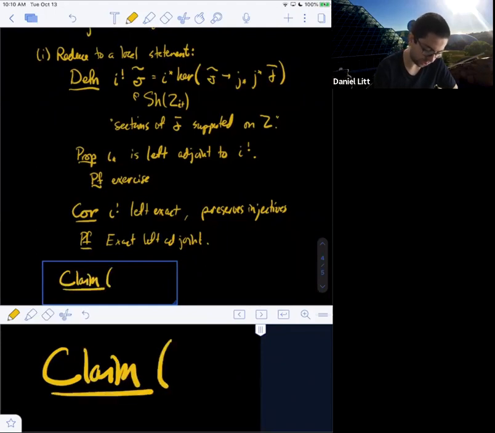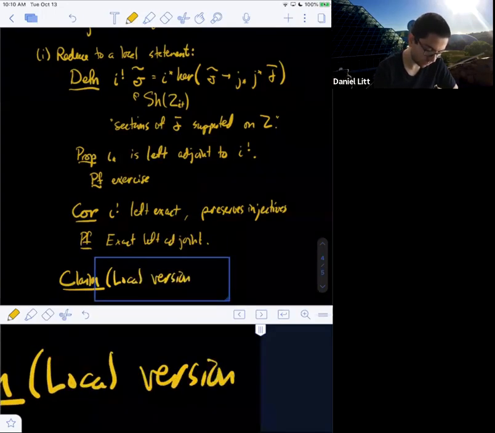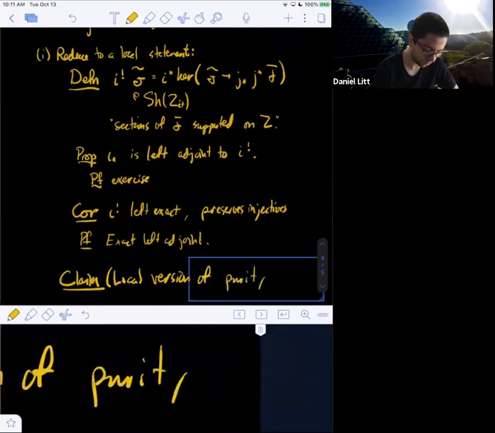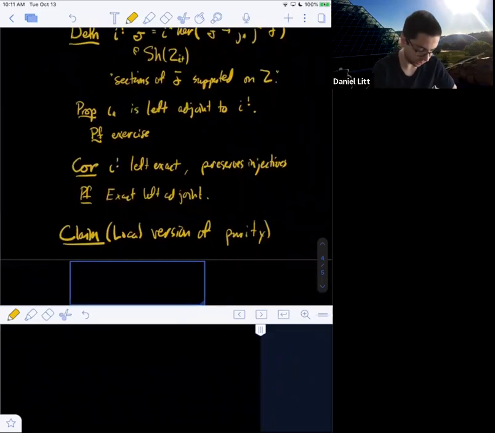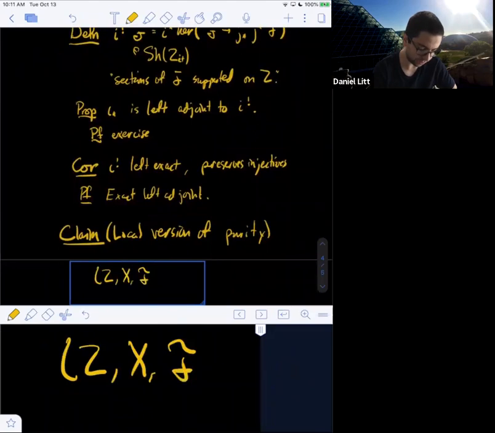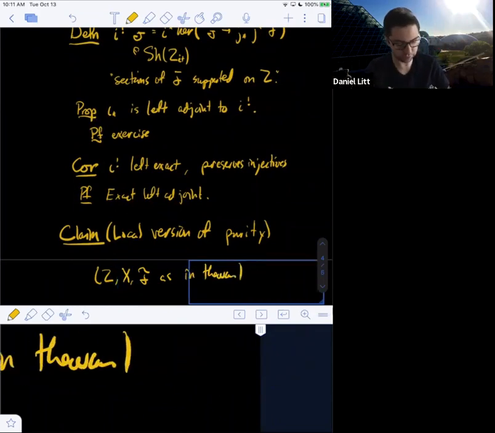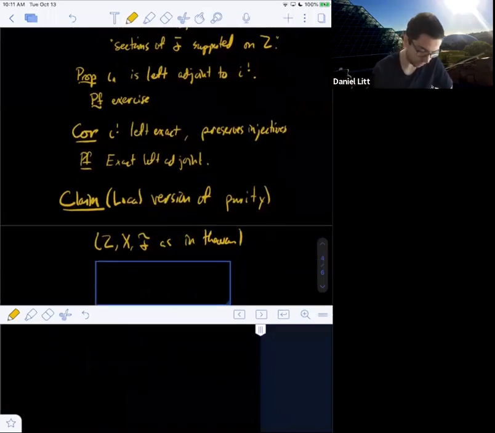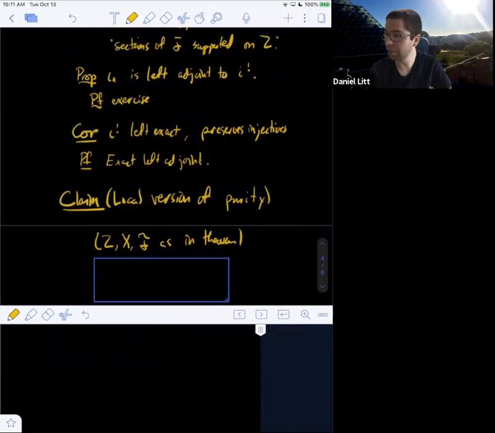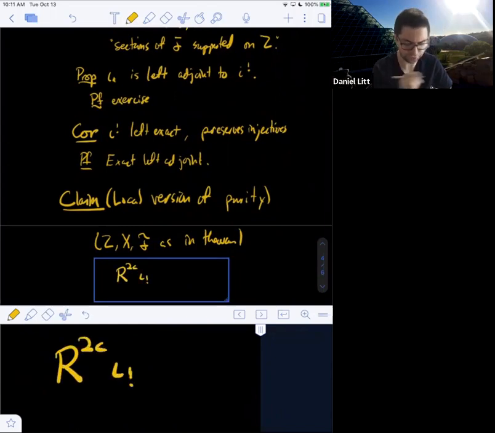So this is going to be the local version of purity. Here we're going to let Z, X, and F be as in the theorem, meaning Z and X are smooth schemes, and F is locally constant constructible on X of order prime to the characteristic, and Z is codimension c in X. Then the statement is that, first of all, iota shriek is left exact, so we can define its right derived functors.